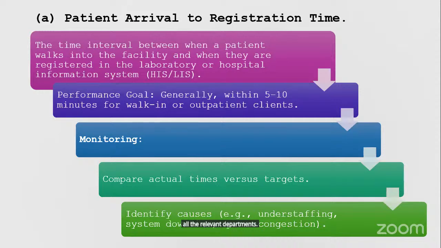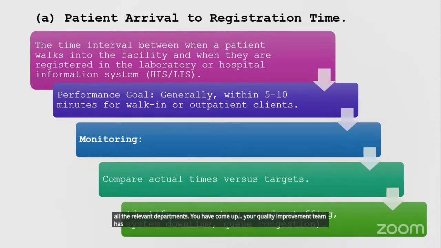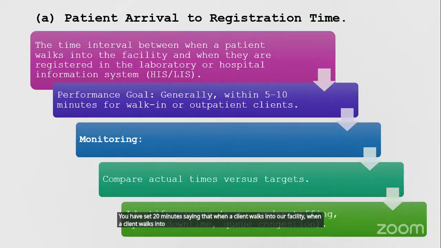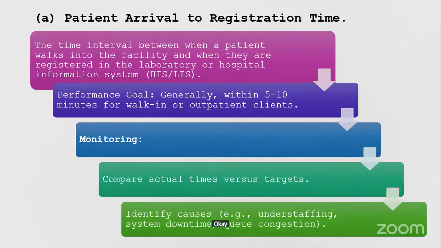You have come up, your quality improvement team has come up with a target TAT of 20 minutes, for example. You have set 20 minutes saying that when a client walks into our facility, when a client walks into our lab, it will not take more than 20 minutes for this client to be registered in our system, okay? So you have 20 minutes as your target TAT when it comes to registration time, okay? So evaluate what you are achieving against your targets. Then see where deviations are. Once we have deviations, then we come with appropriate corrective actions